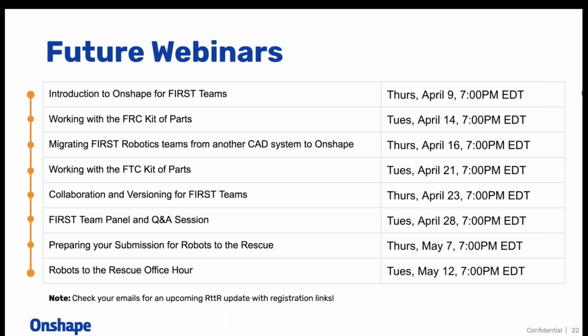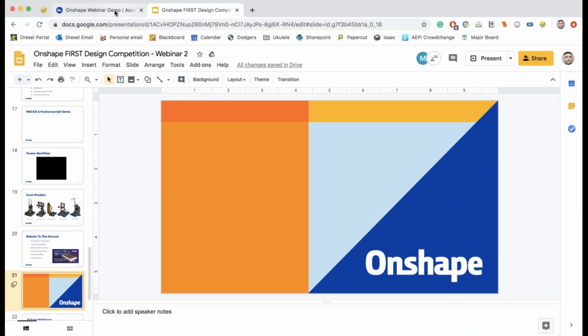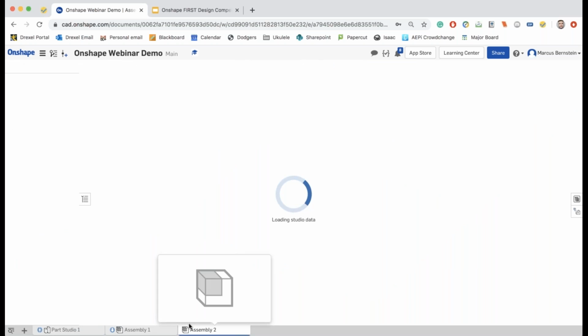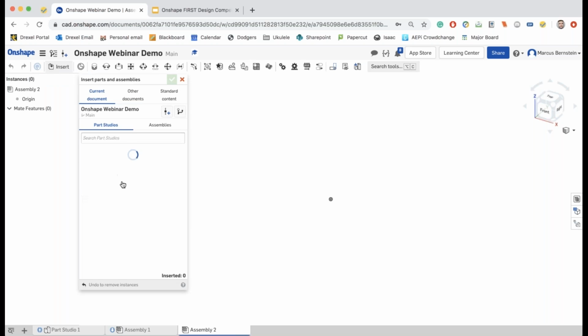One of the first questions that you went over, Marcus, but it might be good just to show it again, is how do you get to MKCAD? If you're creating a new assembly from scratch, how do you start to bring parts in from that MKCAD library? Sure, I'll do another brief demo here. So say I make a new assembly studio and I want to start with something new from MKCAD. Blank assembly, if I go into insert, which is the usual way that you insert anything over here,